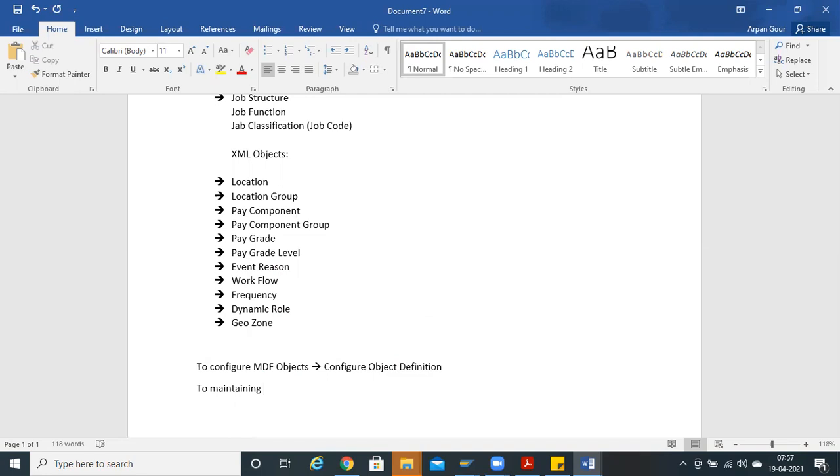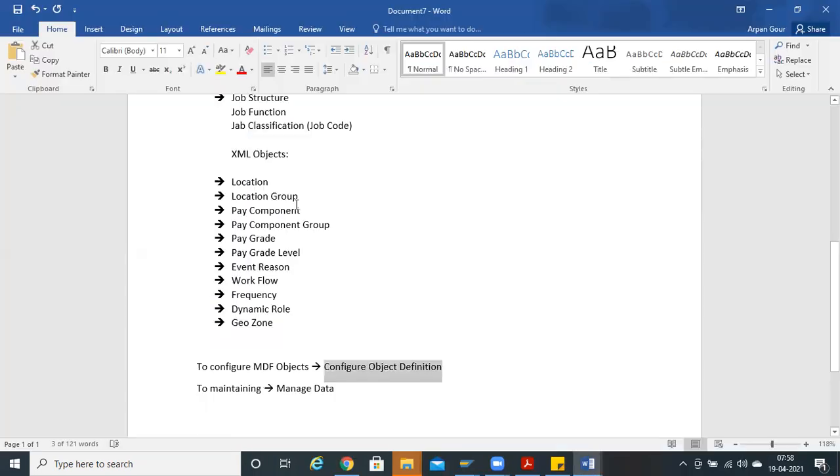Maintaining the objects, you will be having the action name manage data. Don't be confused with these two action names. Manage data, you don't configure the object. You have to configure the objects only in configure object definition.